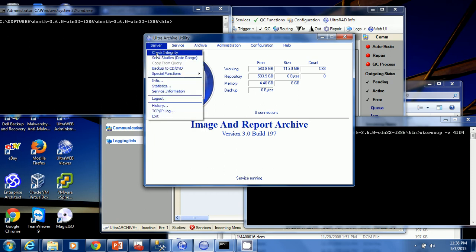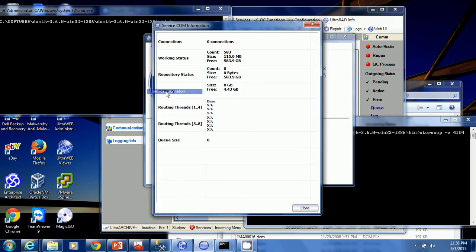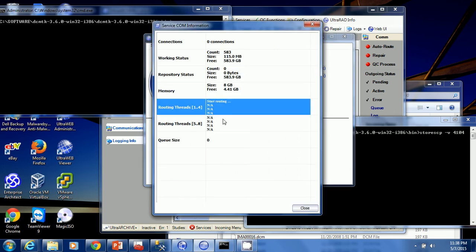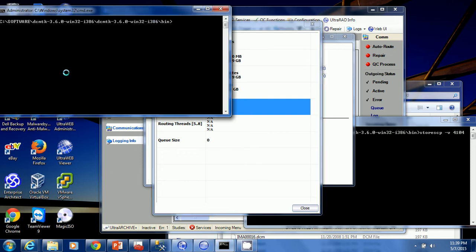And by the way, the other thing I'm going to show you too is we'll go in here and show service information. This will actually show us that it's routing. Down here you'll see these routing threads. I only have one active thread, so you can see here it's showing that it's really not doing anything right now. But if I go over here to the left side,